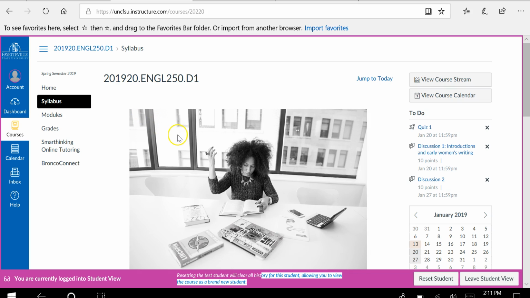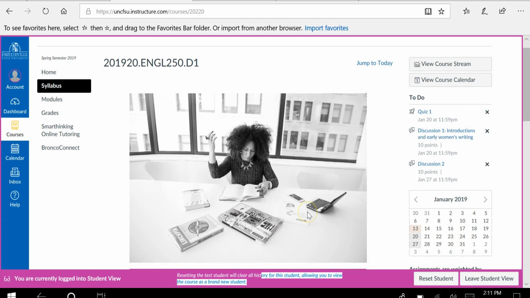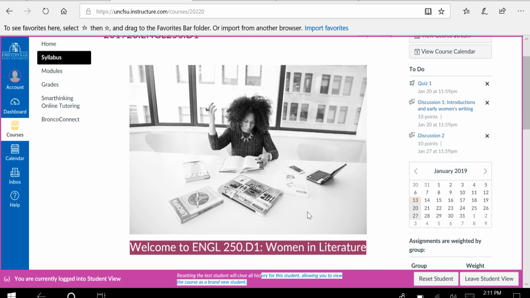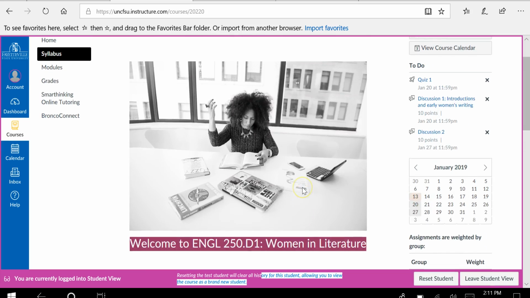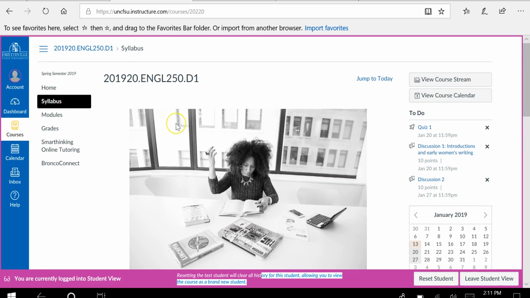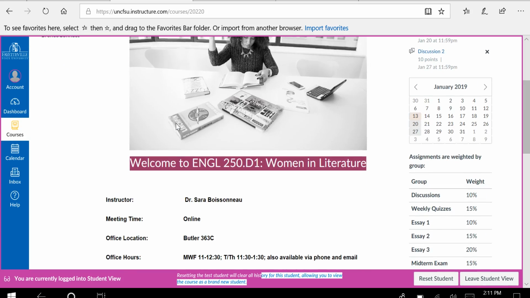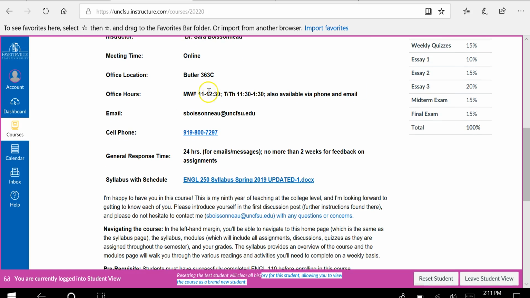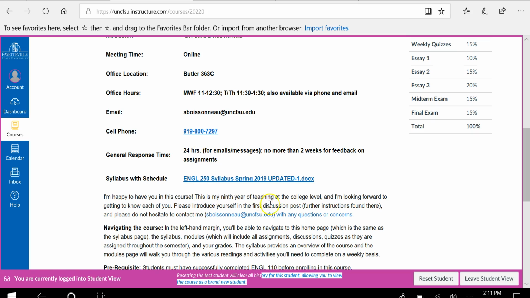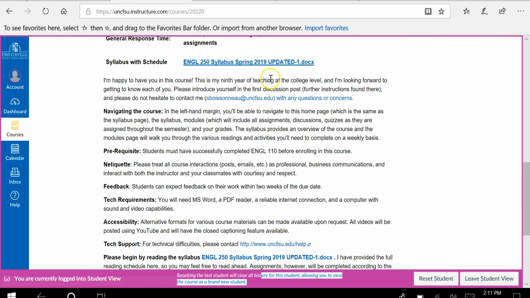course. This is our home page. I have it in student view so I can see what you're seeing. On this front page, whether you click home or syllabus, this is where it's going to take you. And you'll see my contact information, information about office hours, my cell phone number, response time, the link to the